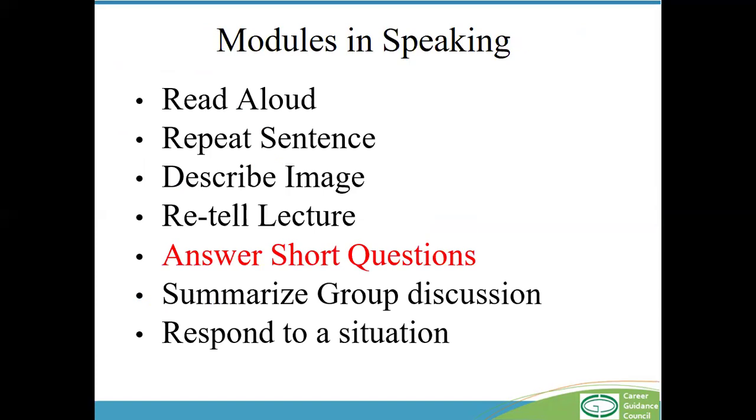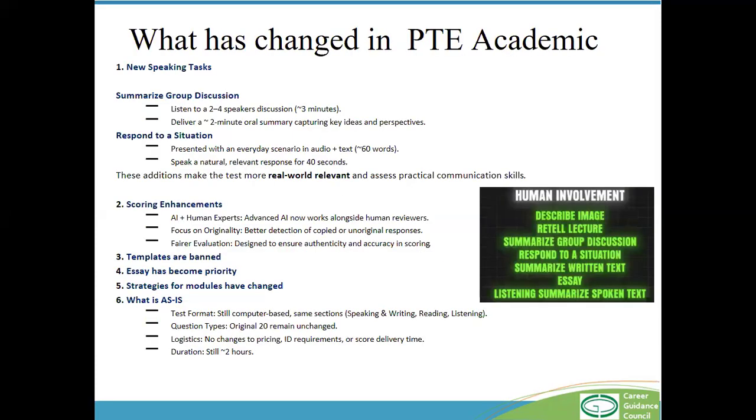The summarized group discussion and respond to a situation tasks weren't there before, but now we have them. What are those and how are they scored? We are going to talk about that. In the new speaking tasks that we have, summarized group discussion and